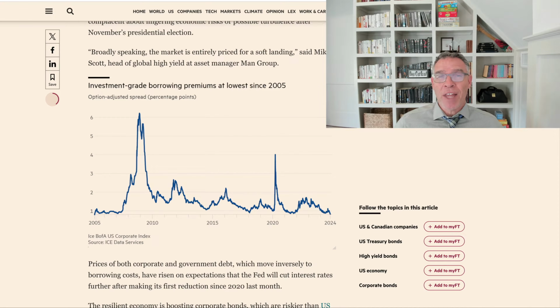When we're talking about that spread, this graph here from the Financial Times gives you an idea of how this spread between corporate bond yields and US Treasury yields has looked since 2005. Imagine having a corporate bond back here around 2009 when you're getting an extra 6% over a US Treasury. However, if we go out to 2024, you'll see that that spread has come down significantly. In fact, it's the lowest it's been since March of 2005.